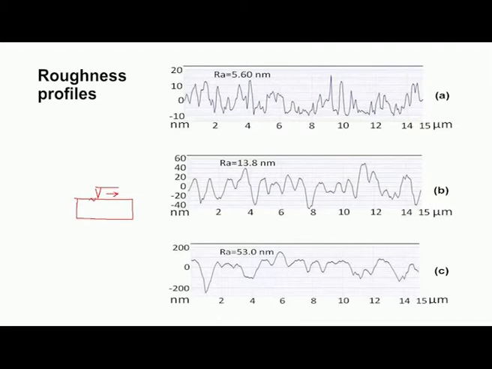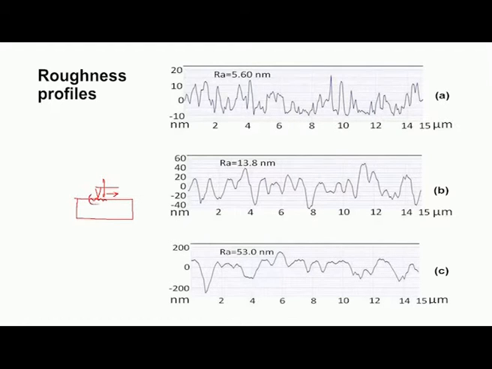Because of the roughness, waviness and form error, the stylus will move up and down. When we draw the stylus on the surface, because of these variations, the stylus moves up and down. This up and down movement is amplified, and then we get the roughness profiles like this. Normally these peaks and valleys, high asperity heights, are very small, in terms of microns. So, very large magnification is used